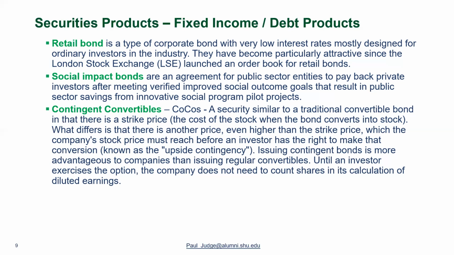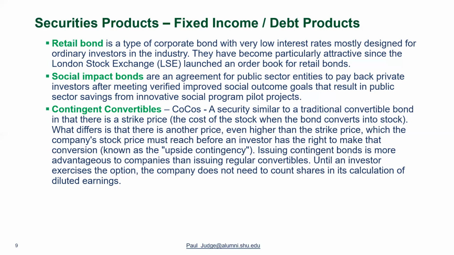But basically, the point of the COCOs, contingent convertibles, is that until something happens, like a higher strike price on the stock, until you reach that mark, that upside contingency, these bonds don't convert. So those are called COCOs. And again, most of these are geared towards